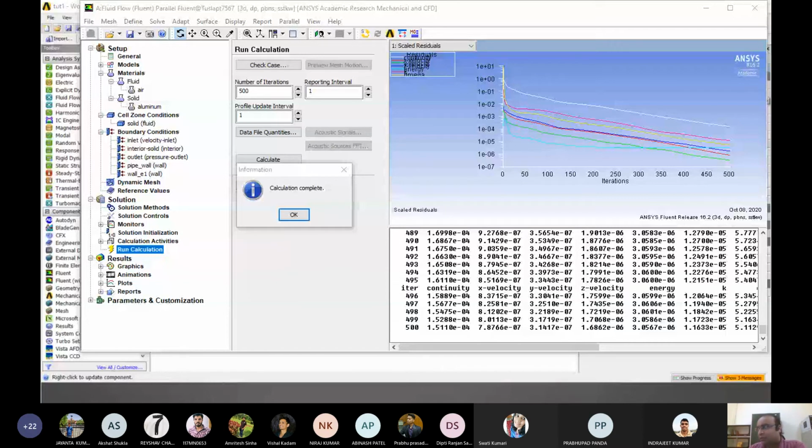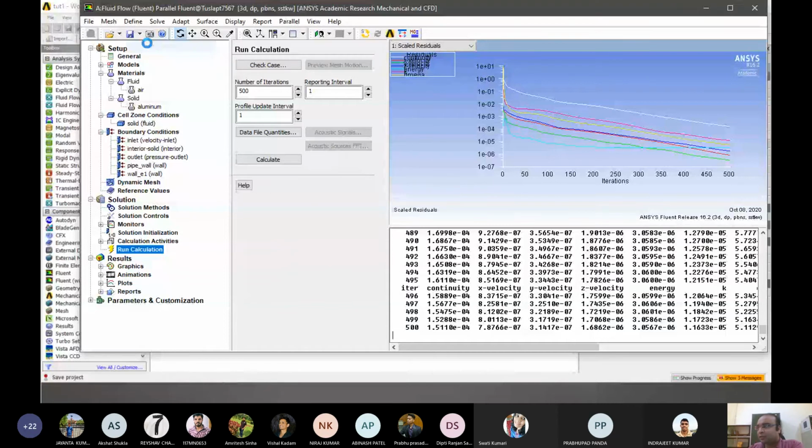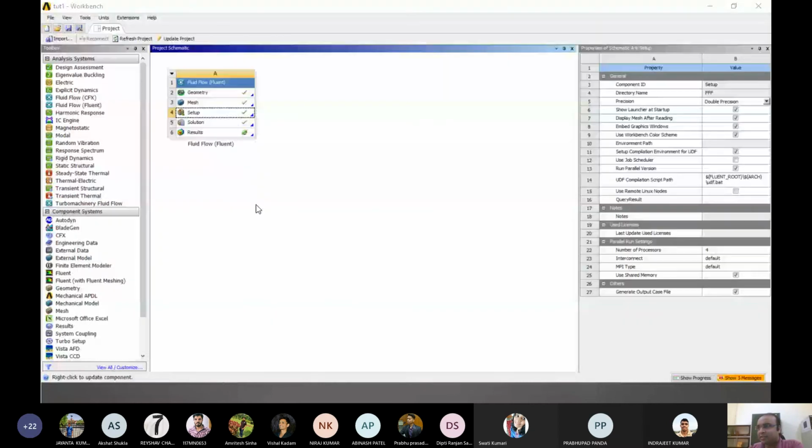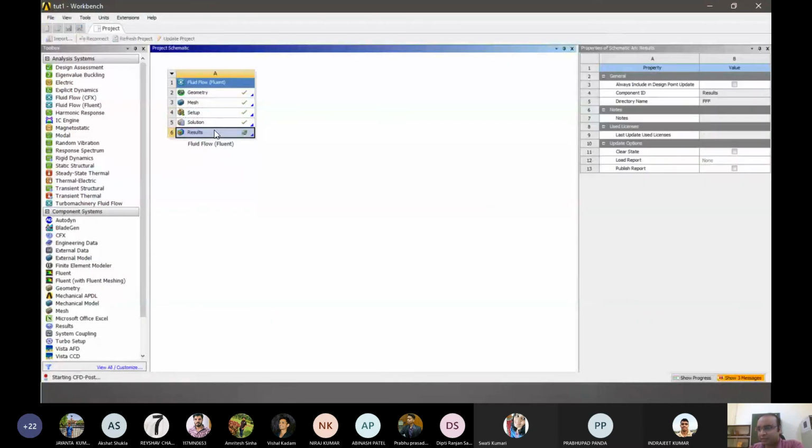Okay, so now what we do: the analysis is done, so let's take it to post processing and save it first. Okay, and let's close this. Now what we have added is basically the thermal component here. So how we do it, we'll see. It's not that different from what we were doing last time.